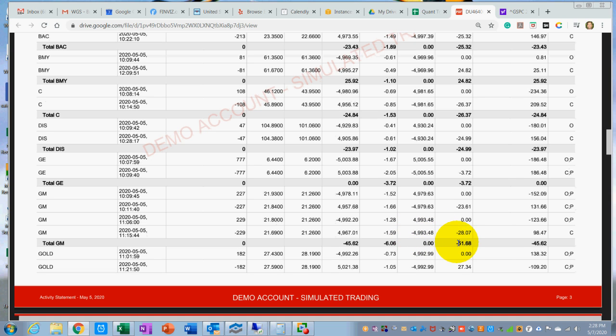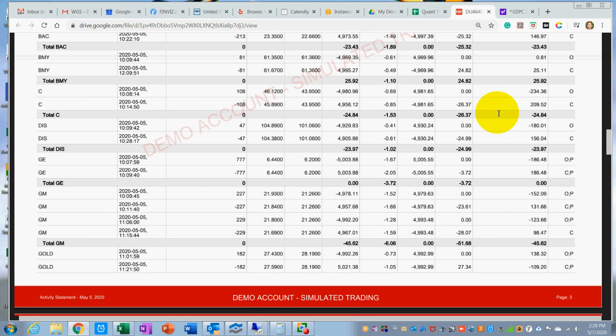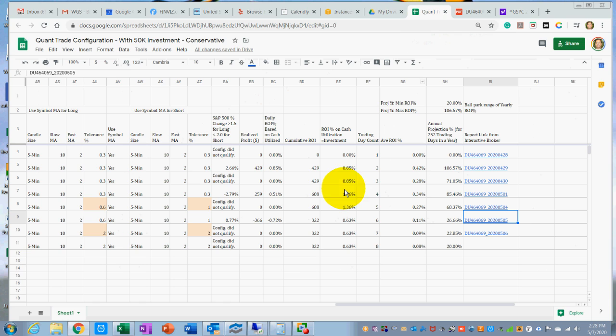So in this case, if you notice that I lost $51 from GM under both conditions, it traded in at 10:09, at 10:11 it came out with a loss, and then again it went in at 11:06. It saw something at 11:15. It came out with a loss. So maybe if I would have increased the tolerance percentage here, which is this one,